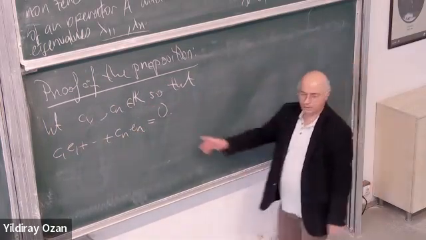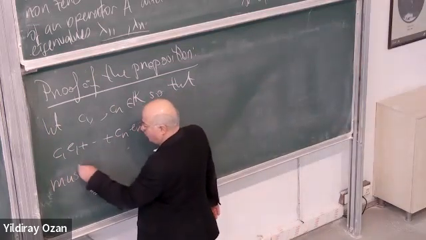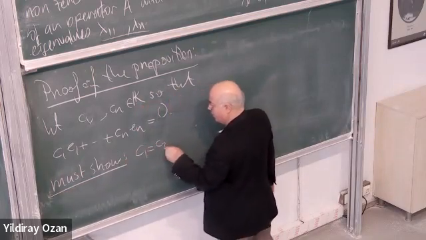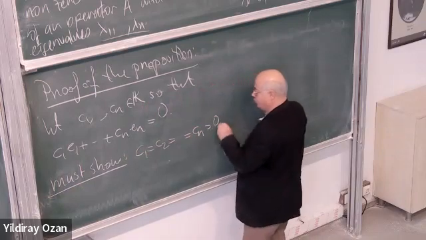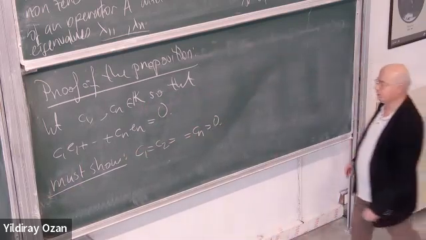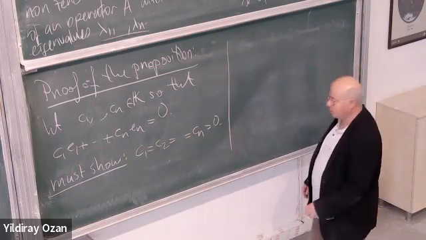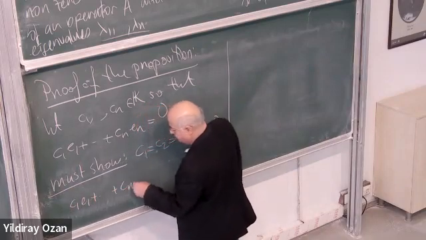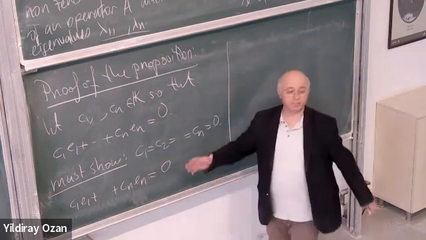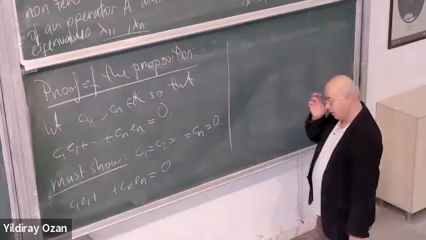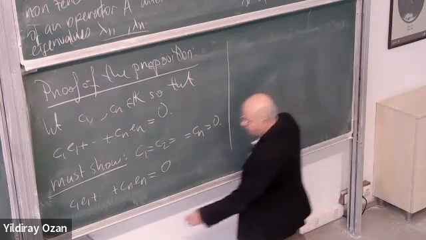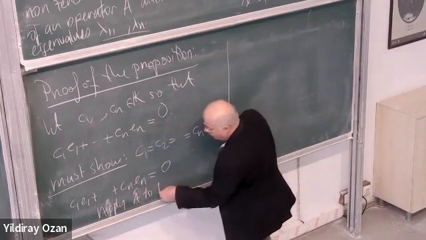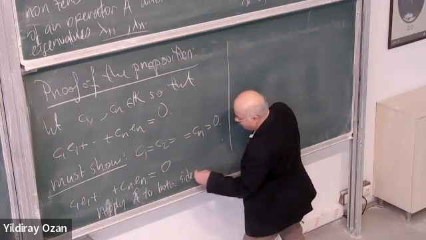What do we need to do? We must show all these ci's are equal to 0, right? That's what we need to show. How can we show this? Well, we can do the following. Take this equation and apply A to both sides to get